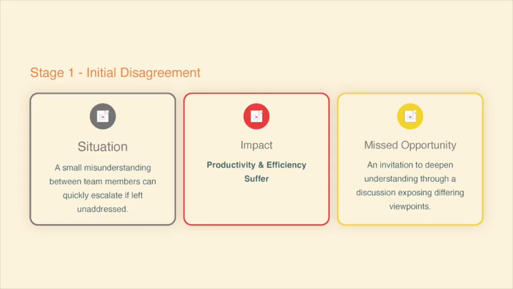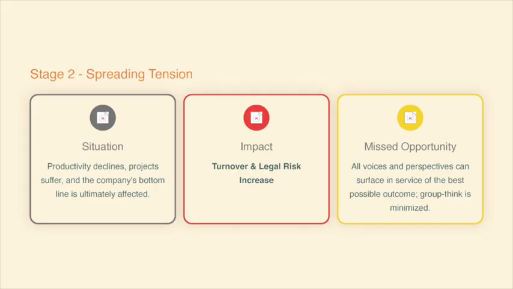The next stage is spreading tension. So once people become a little bit more polarized, I'm talking to my people, they're talking to their people about this misunderstanding, it starts to grow, and we start to get people on different sides, and this starts to affect different teams working together. We have, again, productivity declines, projects can even suffer, the company's bottom line can be ultimately affected. What happens when people are living in this kind of constant tension is that they don't really love working anymore with certain people, and they might actually decide to leave, or they might kind of sabotage themselves and end up getting let go. So that turnover is a real concern when tension goes unaddressed and conflicts kind of run